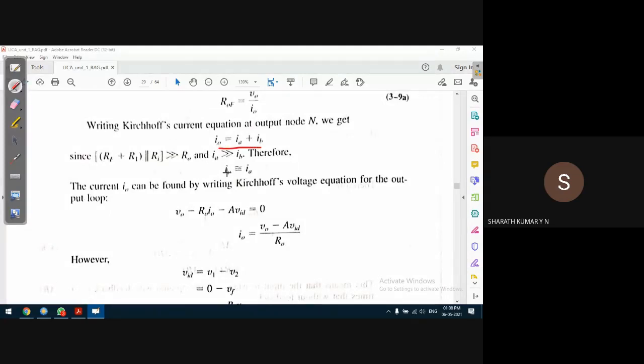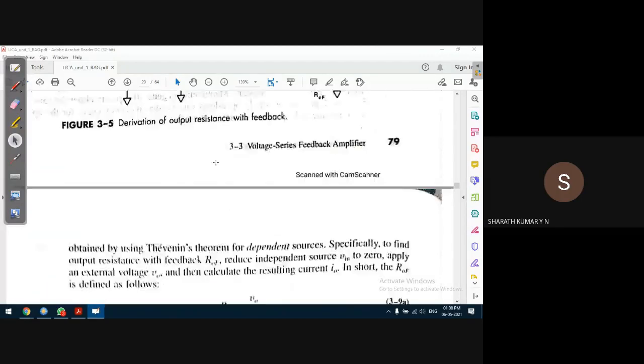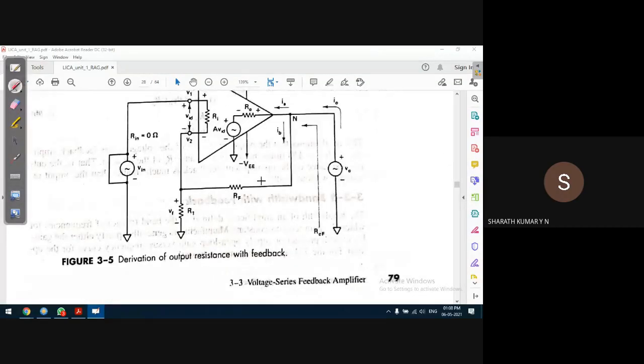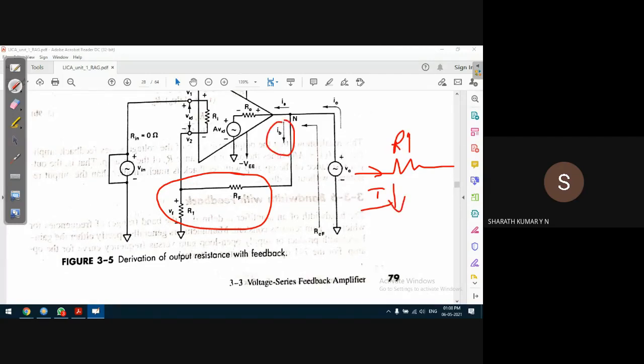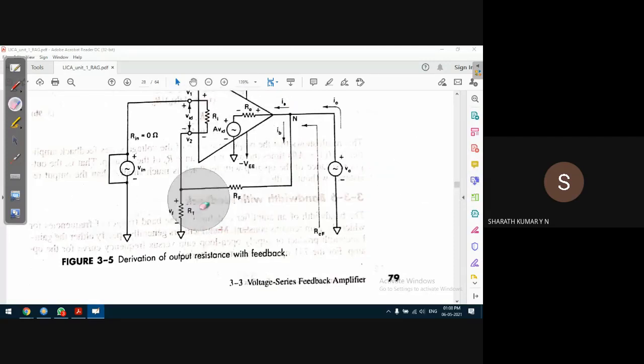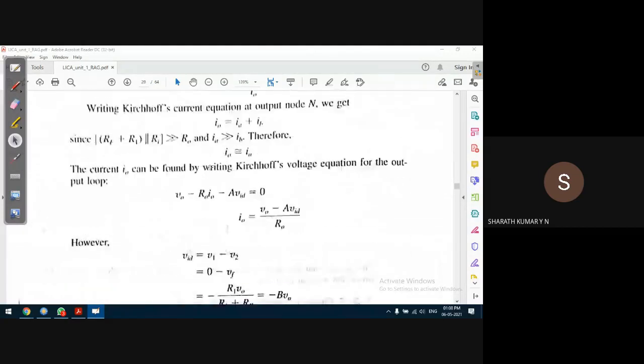In this case, the current flowing into IA, the output terminal, is definitely larger, because the feedback network is a resistive network. What is the current flowing through the resistor? If R is very large, the current is very, very small. Thereby this current IB should be smaller compared to IA. Very simple, DC resistive network concept we have studied. So I naught we can consider approximately equal to IA.